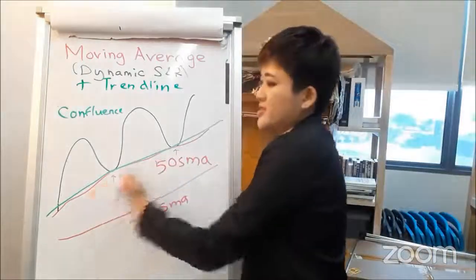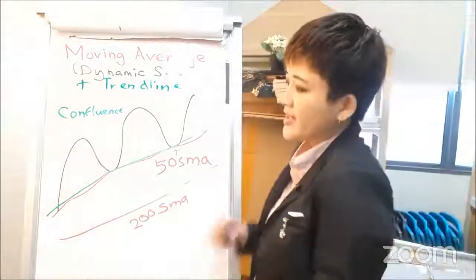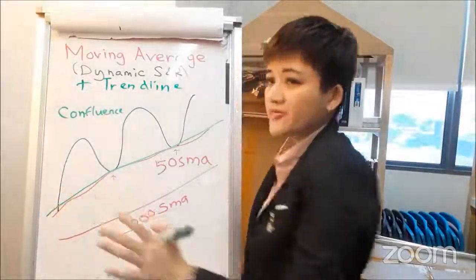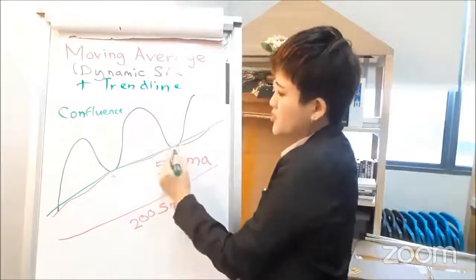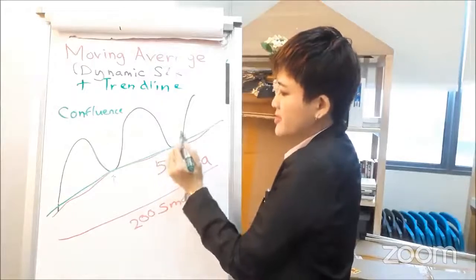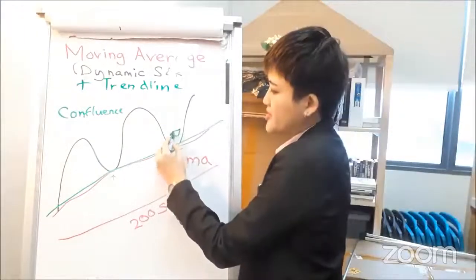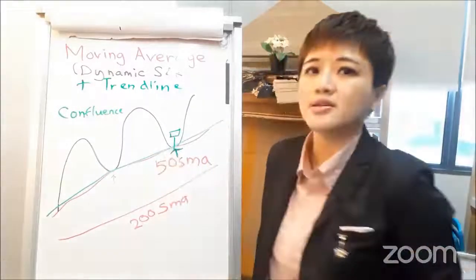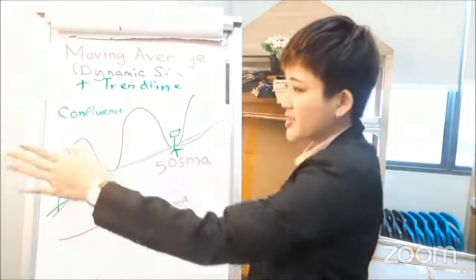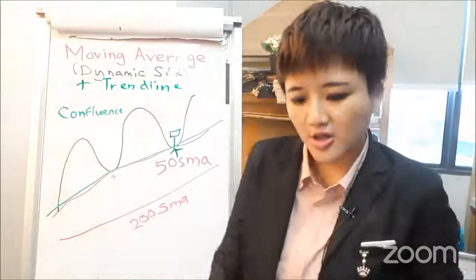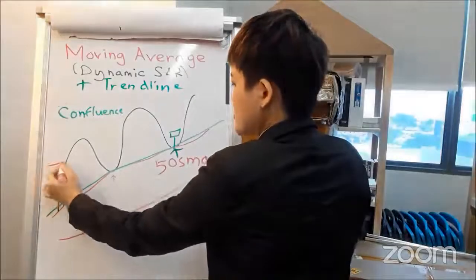So you have the trend line which acts as a floor, you have a moving average which acts as a floor. Like I said, you need the first 2 points to confirm that the trend line exists. Okay, so you want to wait for the third touch over here, and this would make a good entry point. And if you see a bullish candlestick pattern over here, the better it is. What else can you add? Let's say if you scroll back into the chart, you realize that there is a strong horizontal support. So this gives you a good